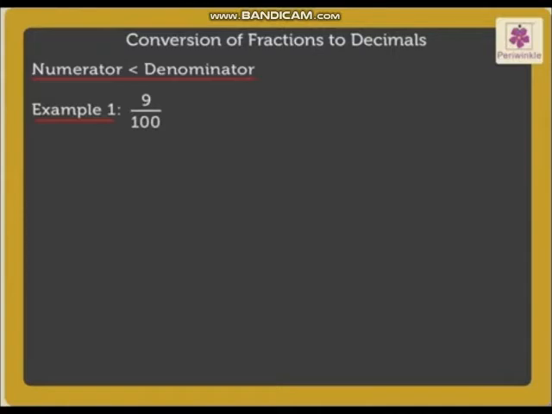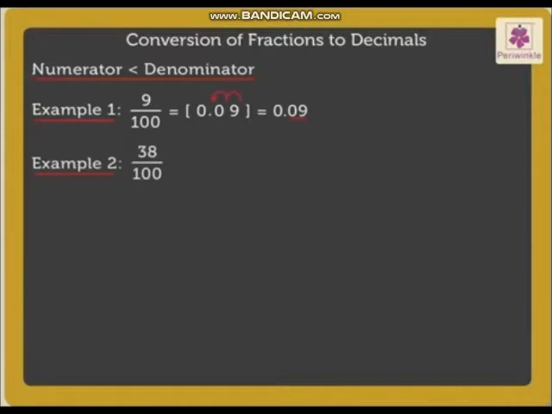So first we are going to write 9, which is a numerator, and we are going to put zeros before this 9. So according to 100, we are putting two zeros before 9. Now according to 100, you are going to put a decimal point two digit before. That means before 9 and 0 we will put the decimal point. According to two zeros, we have put the point two digits before. The answer will be 0.09.